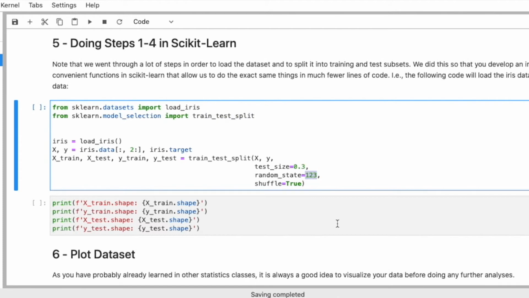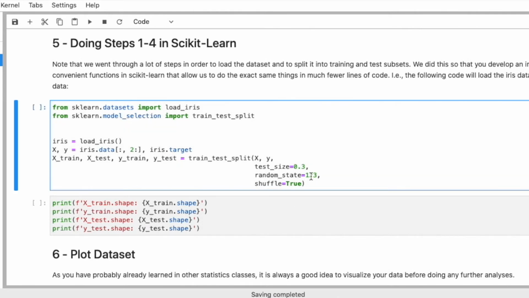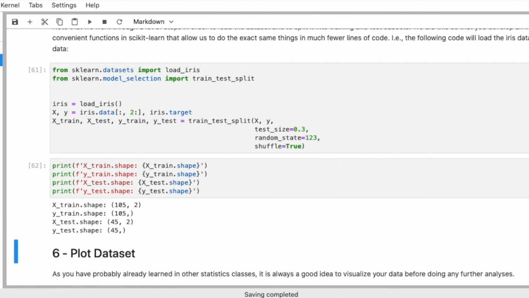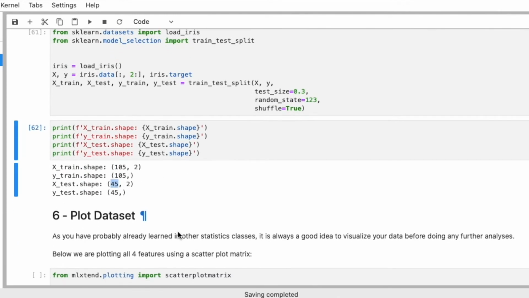And we can provide our random seed here and say that we should shuffle it. And we can specify the size of the test set. So we say 0.3, which means 30% test data, and the remainder will be training data. And 30% of 150, that should be 45, right? So we should get the same size as before, 105 training data points and 45 test data points. Let's execute this. Yep, that looks good. So we have 105 training data points and 45 testing data points.